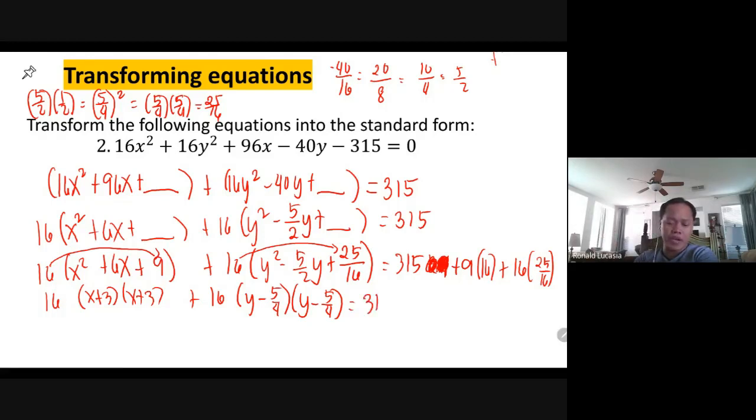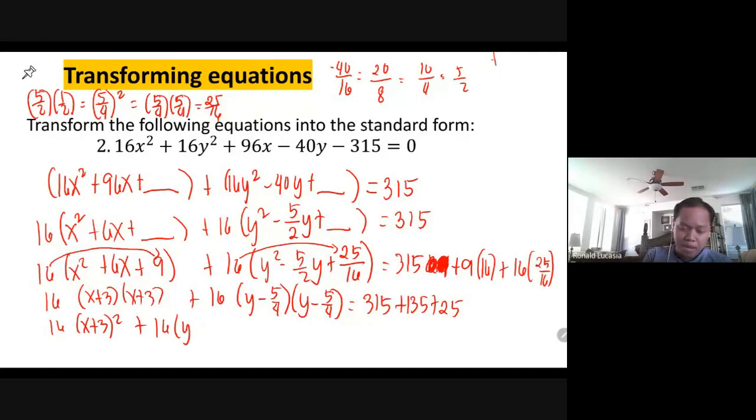Is equal to 315. 9 plus 16 is, mahina ako sa mental math, 135 plus 16 times 25/16, that's 25. So here, this is x plus 3 quantity squared plus 16 y minus 5/4 quantity squared,